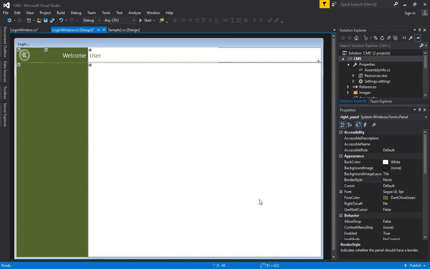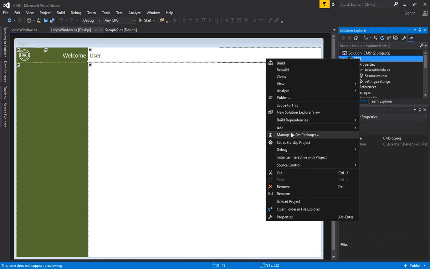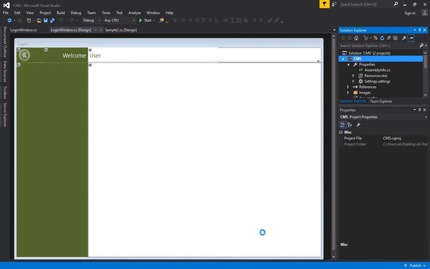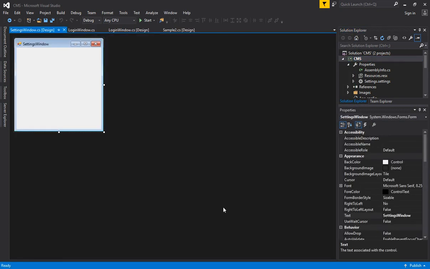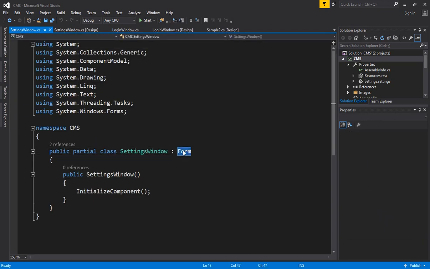So that's my login window, and then create another window that will be known as the settings window. So add Windows form, settings window. Those who are not understanding why I am doing all these things, I repeat once again. This is the base of the software, and these things do come again and again when you go later on in this software. Because that's my settings window also, you have to specify the sample window and save